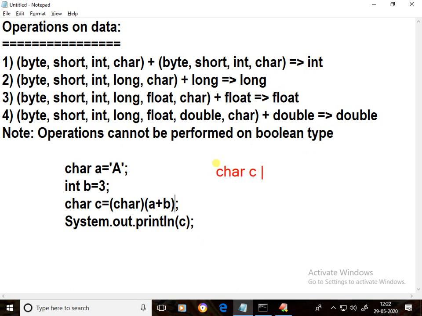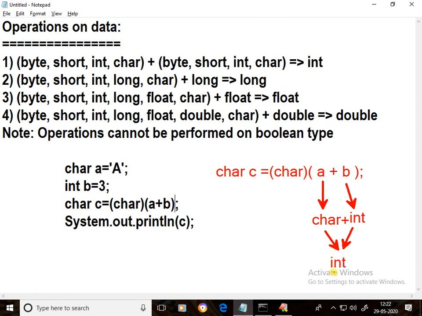Char C equal to, in the brackets char, again in the brackets A plus B. Now here A is a character type, B is an integer type. Character plus integer, result is integer type.